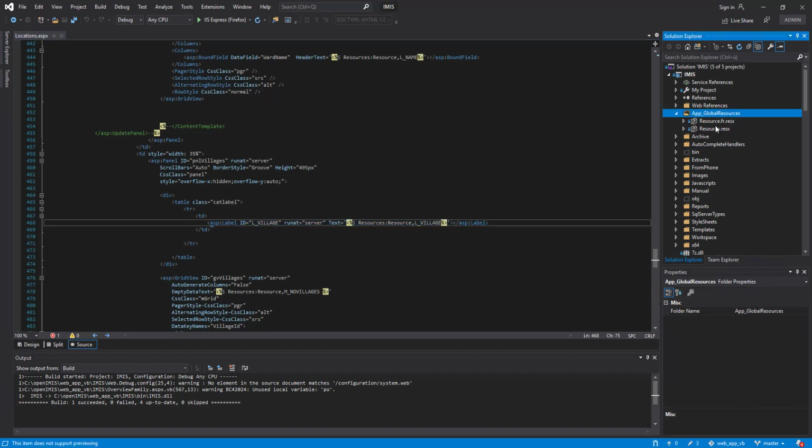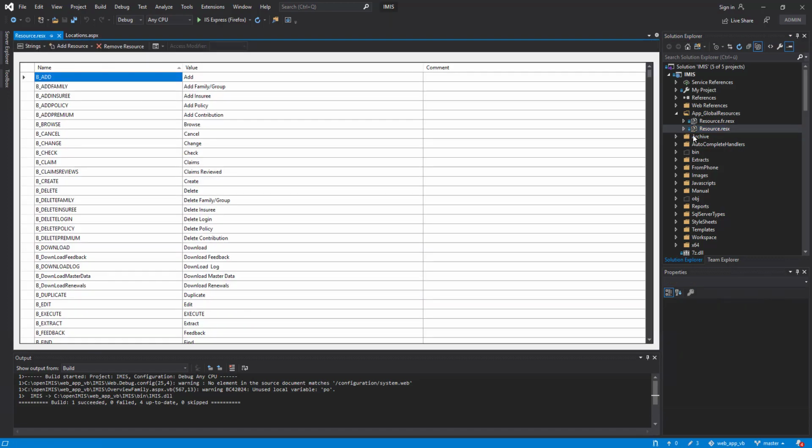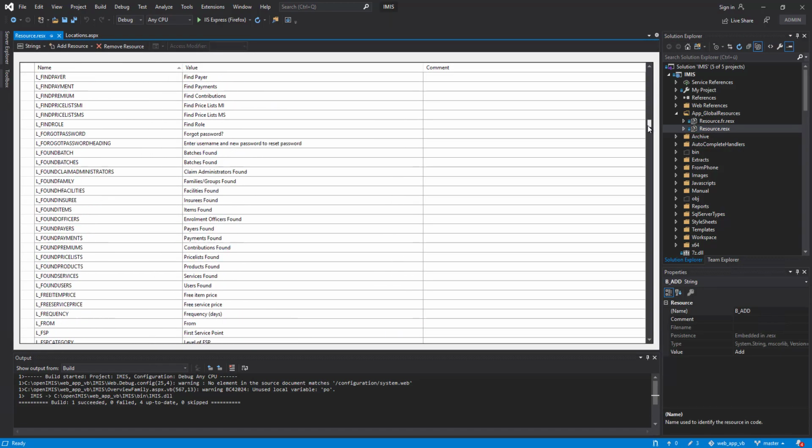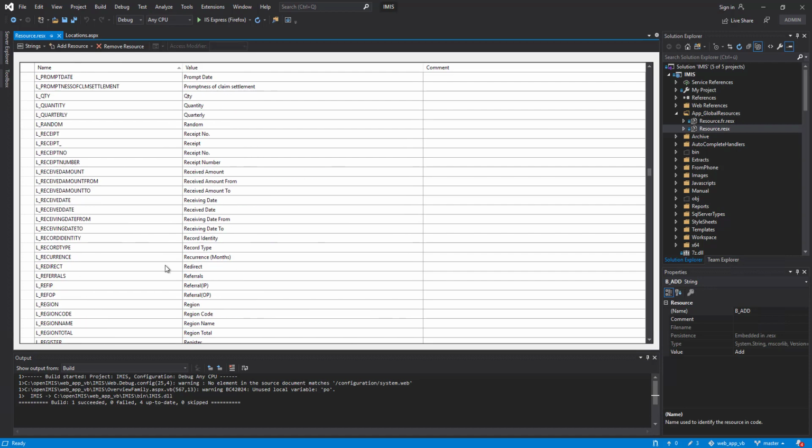In our case, we have 2 resource files for English and French languages. Open the resource resx file and search for L region keyword. As you can see, the value for this keyword is region.